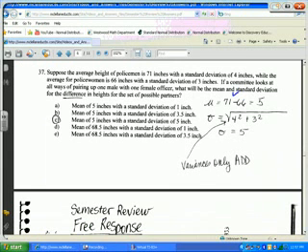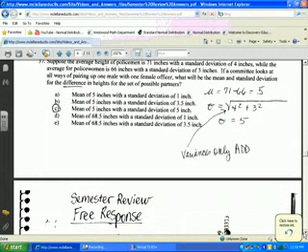Standard deviation, remember the cereal box? Just because you're pouring out cereal doesn't mean you have less variability. In fact, if I have a box of cereal and I pour out some cereal and I'm not sure what I started with and I'm not sure what I put in the cereal box, I have more variability. So this is one standard deviation squared. This is the other standard deviation squared. And then I take the square root of it to get the standard deviation. That's how I get 5. Just like Pythagorean theorem. Okay.